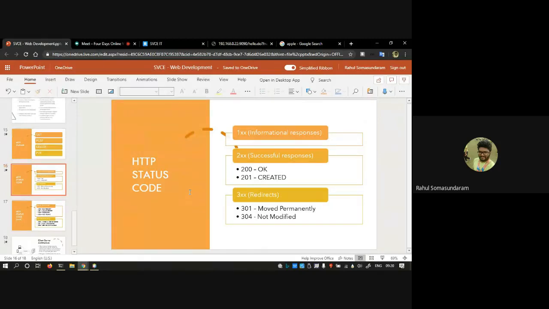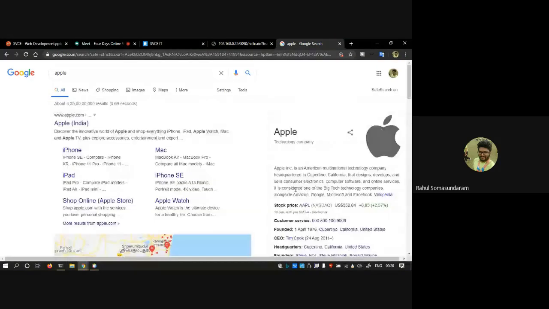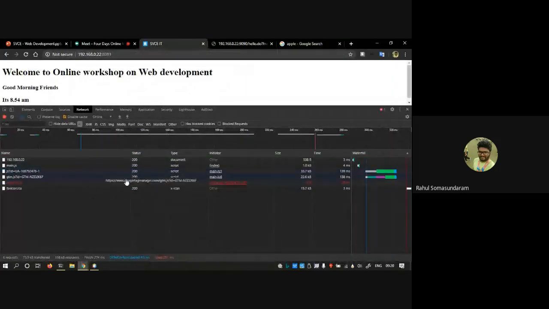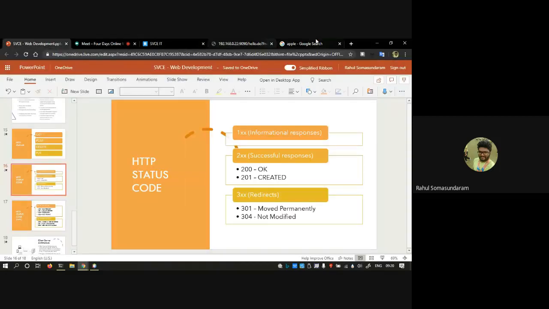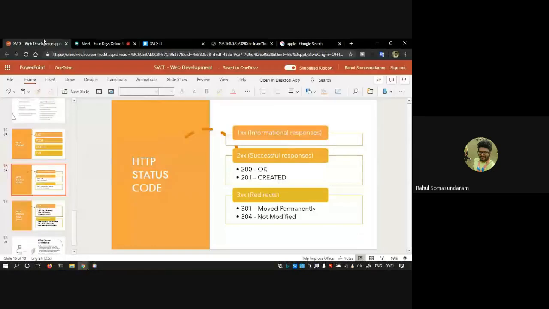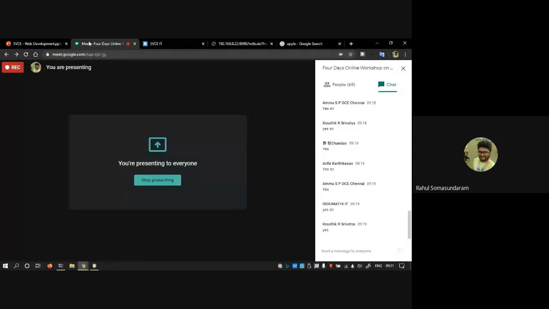304 is when you are communicating with the web server, and for example, mostly the images will be cached. For example, whenever you reload the page, this particular image won't be fetched again from Google's website.